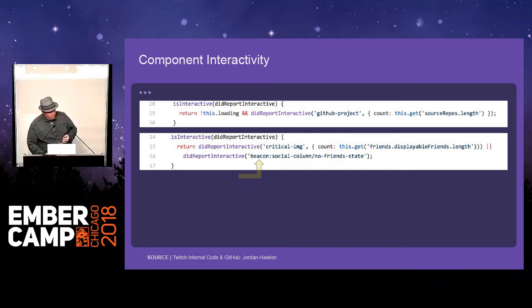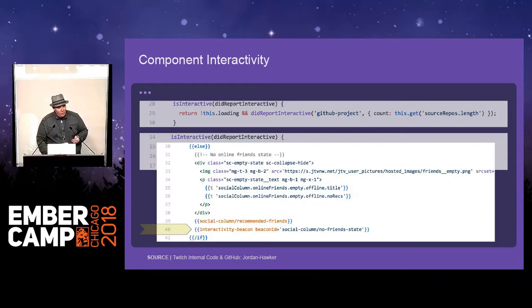So what we did is we created this interactivity beacon component where you can give it a unique contextually relevant name, which we referenced back here. And then all it does is it's just an invisible component that you can stick at the bottom of the block in order to have it report interactive when it's done rendering so that you know that